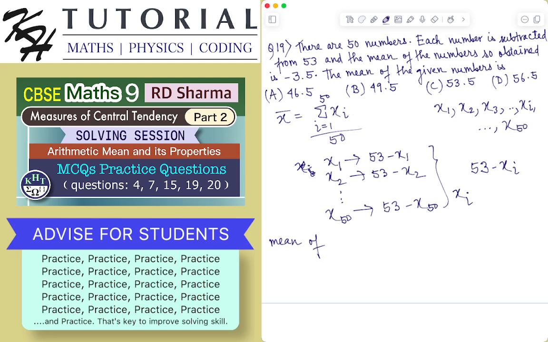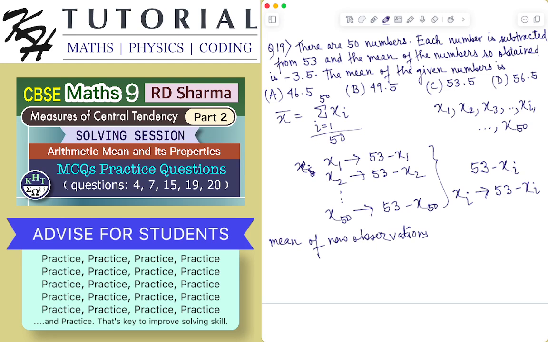The ith number got changed to 53 minus xi. So the mean of the new observations, where each number is obtained by subtracting the original observations from 53,